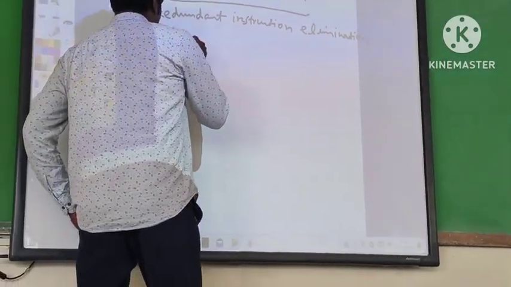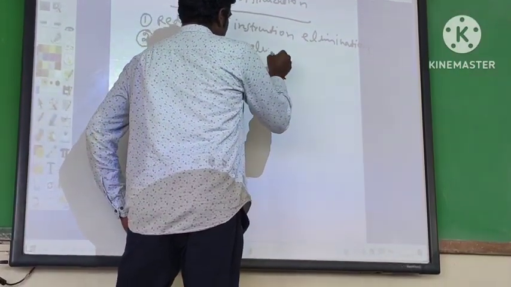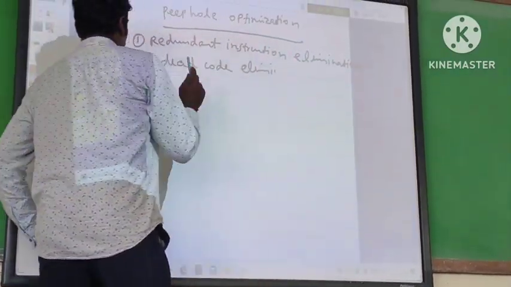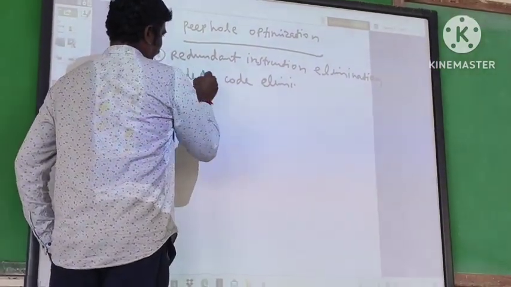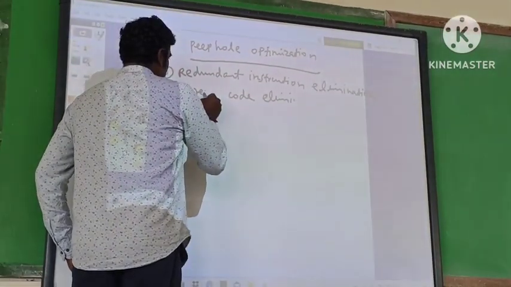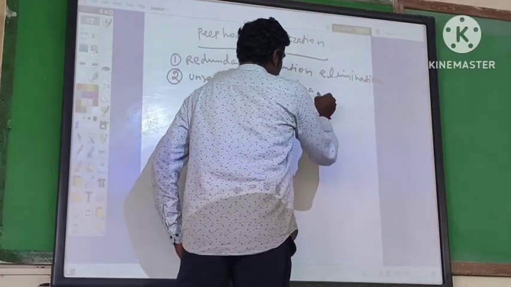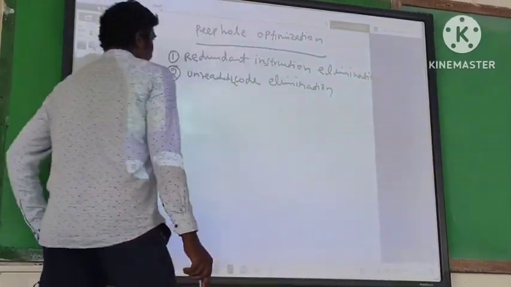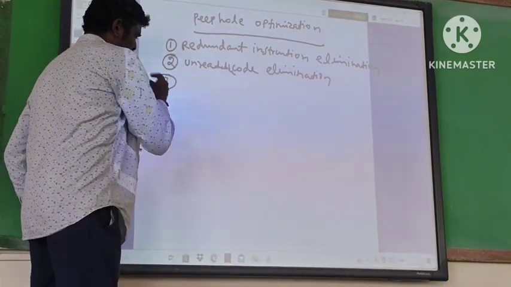The second is dead code elimination. Sorry, it's not dead code. It is unreachable code. Unreachable code elimination. The third one,